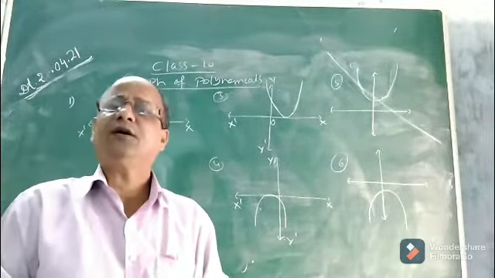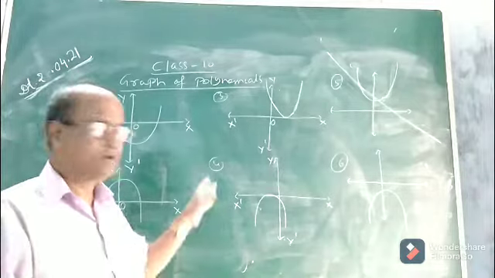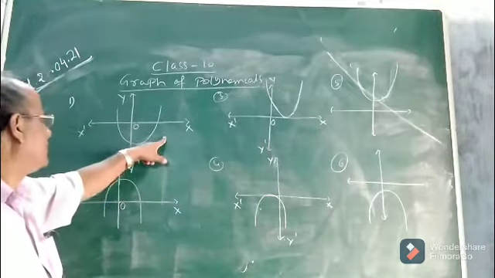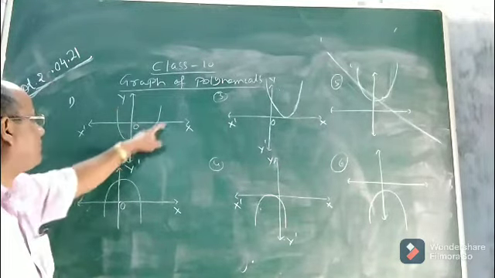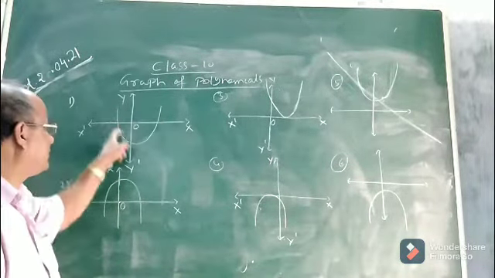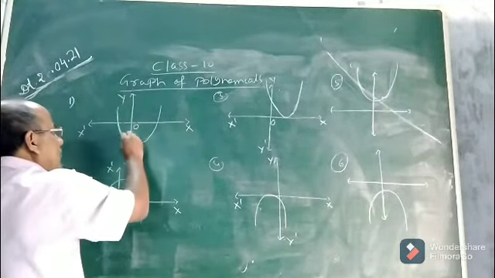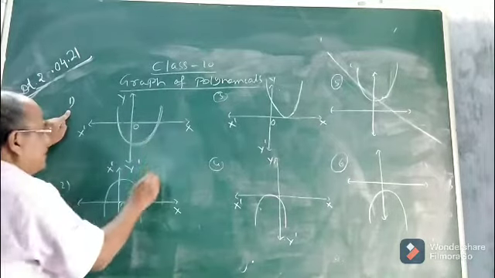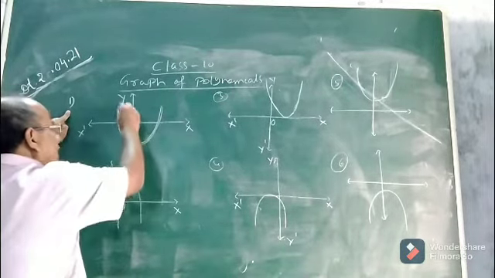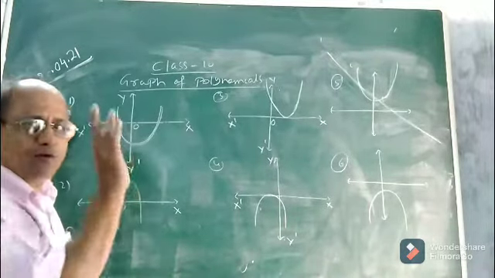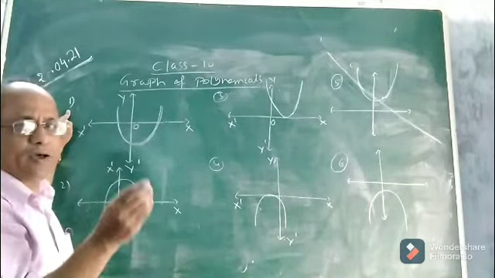Okay, now see children. Now see, there are 6 different cases. From these cases we can easily say about the zeros of the quadratic polynomial. Suppose see, this is case 1. In this case, this is the graph of a quadratic polynomial. This is a parabola. Now it opens upward. See, this parabola, case 1, in this case, the parabola opens what? Upward.